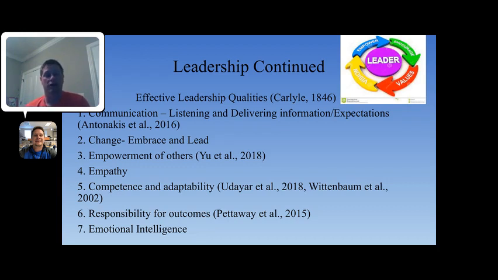Empower others. With that communication and change, you've got to make sure and get feedback and delegate. A leader can't take on everything, and that's an experience that I personally have. When you do, you must give over and trust the people around you. You must have empathy for those around you. You have to be able to see their point of view and relate to them, and that'll grow a stronger organization. Competence and ability. You must be competent in your field and have the ability to adapt as you go,